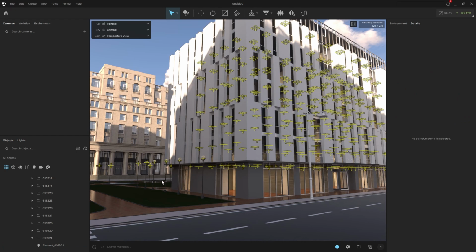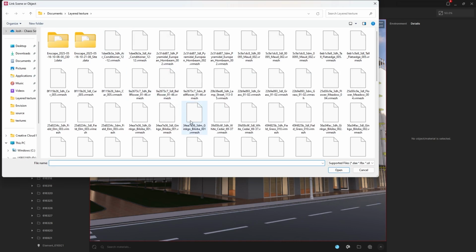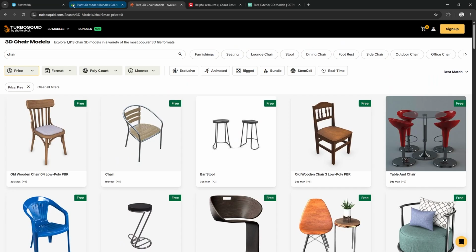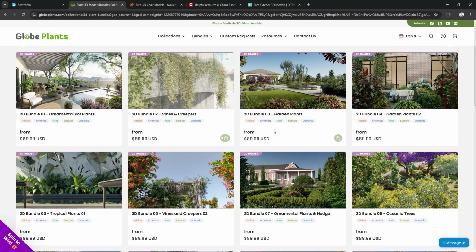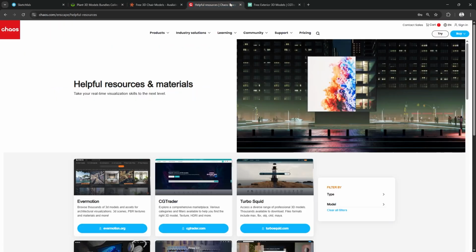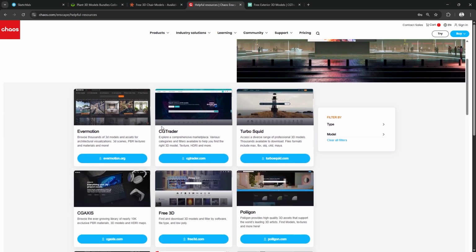Now, if we are using a DCC tool like 3ds Max, Maya, Cinema 4D, we can also export out of those FBX files, OBJ files, Collada files. We can also utilize V-Ray to export out VR scenes from there. Or we can go to third-party sites as well. TurboSquid, Globe Plants. There's a helpful resources guide on our website where we have a lot of different websites out there where you can go find free and paid